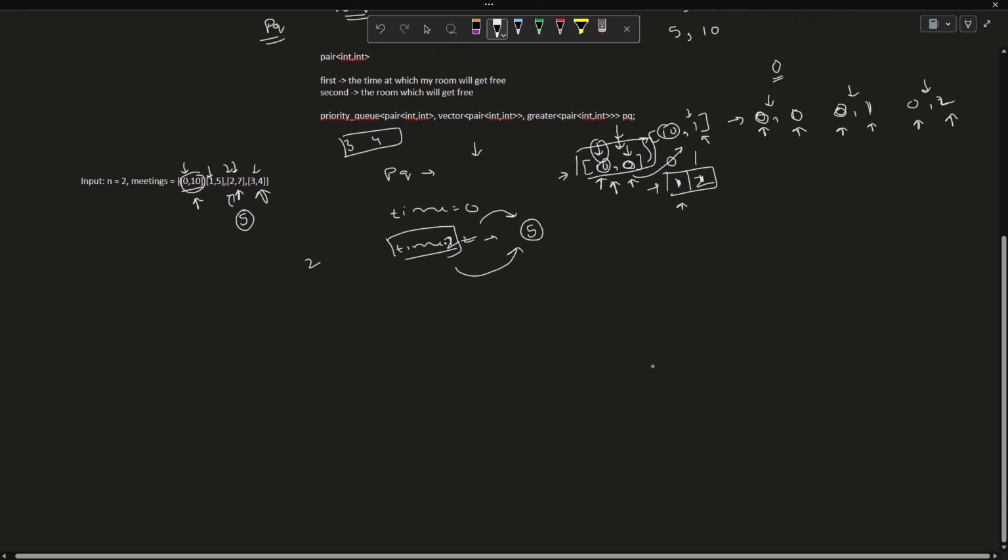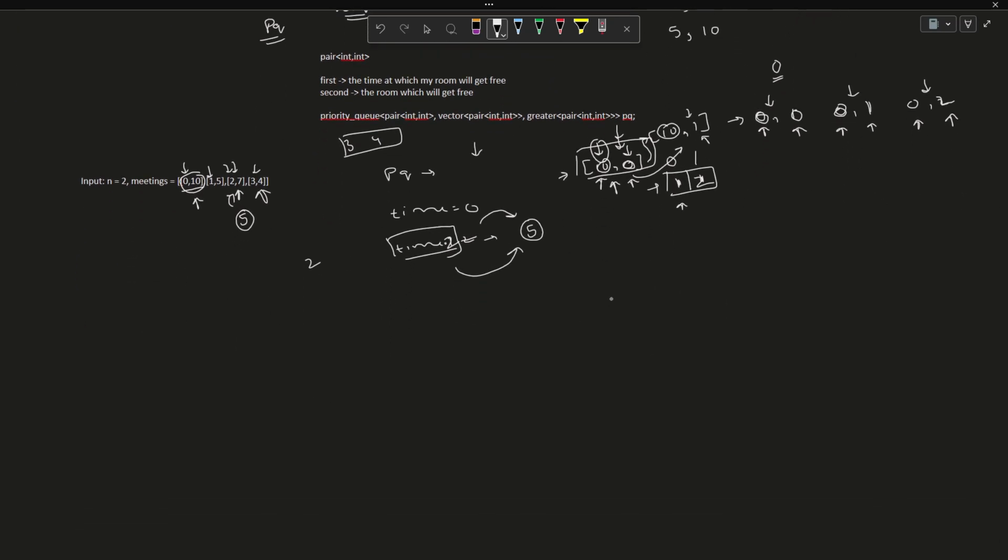So that particular thing is, let's say I'll have to construct a test case to explain it. So let's say 0 was supposed to get free at, we have some meetings: 0, 5, and then 1, 0, 10, 1, 5, and then let's say 15, right? 15 and then 20. So what will happen? Let's say I have 2 rooms,